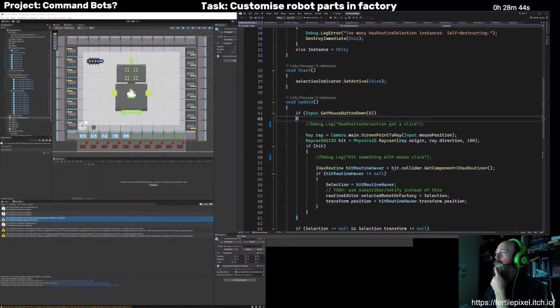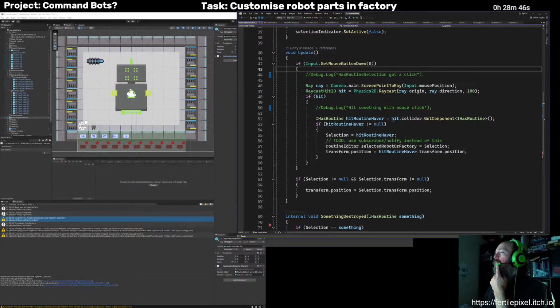I've essentially gone, okay, when you click, this is sort of, if something's selected, make the selection indicator follow it.